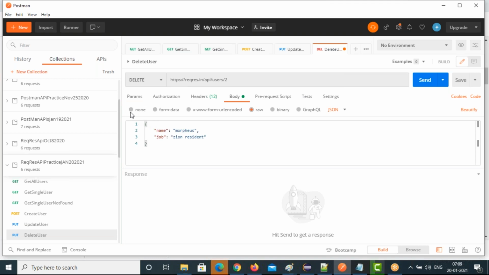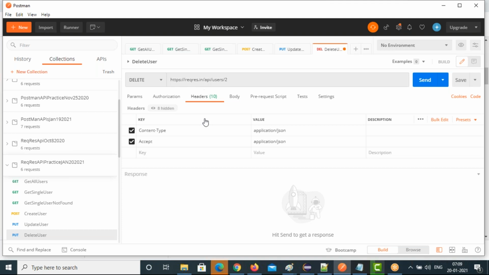Just select none. No body is required for the delete method. Just endpoint URL, headers, and the request method, delete method. Just click on the send button. See that ID is deleted. If you try to query it, it will fail, right? So that won't be there. You delete it.